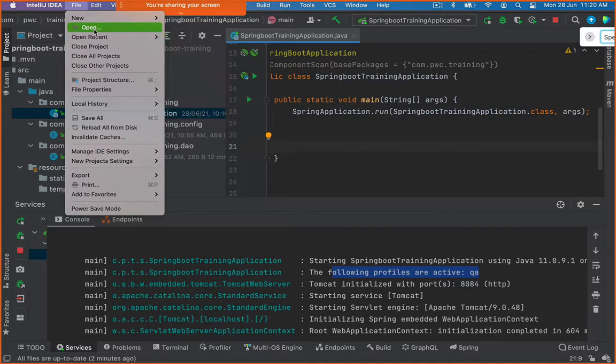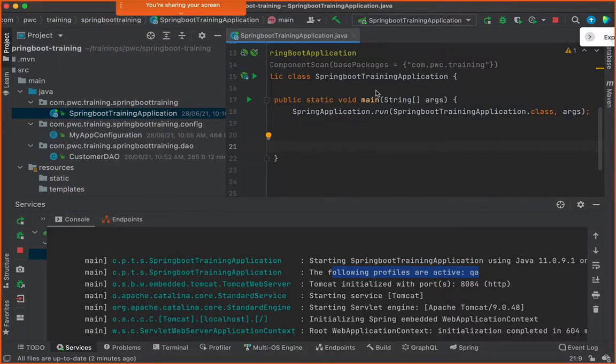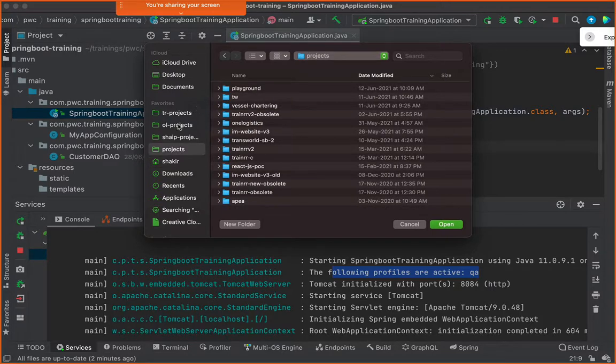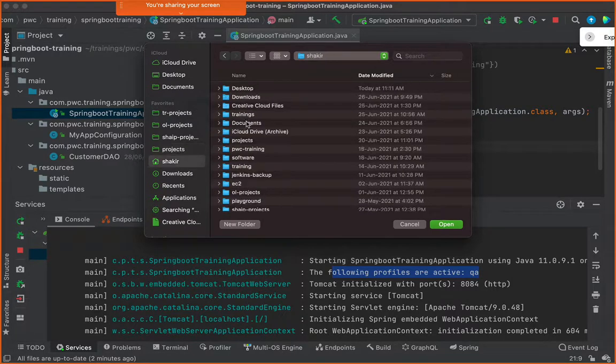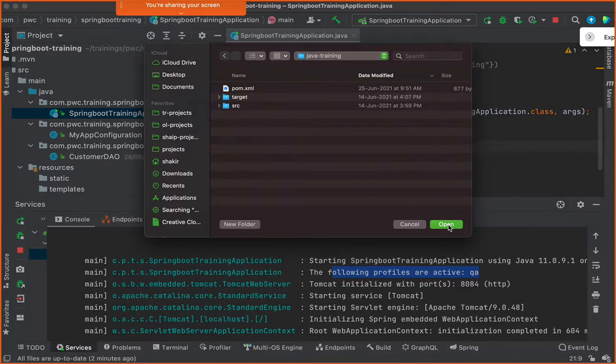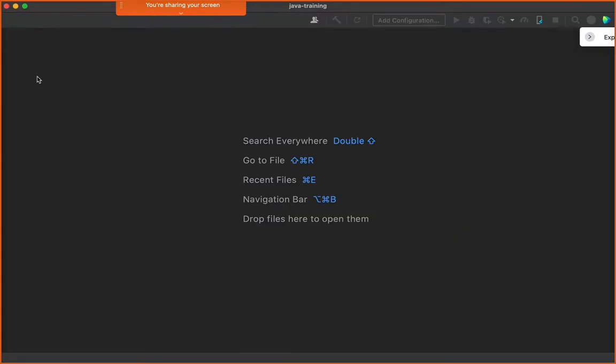I'll say file open, and let me open this up, so that you don't think that it is an application that -D is an option related to. Yeah, so I'll pick this up, the Java trading. You remember the Java trading that we had created last time?